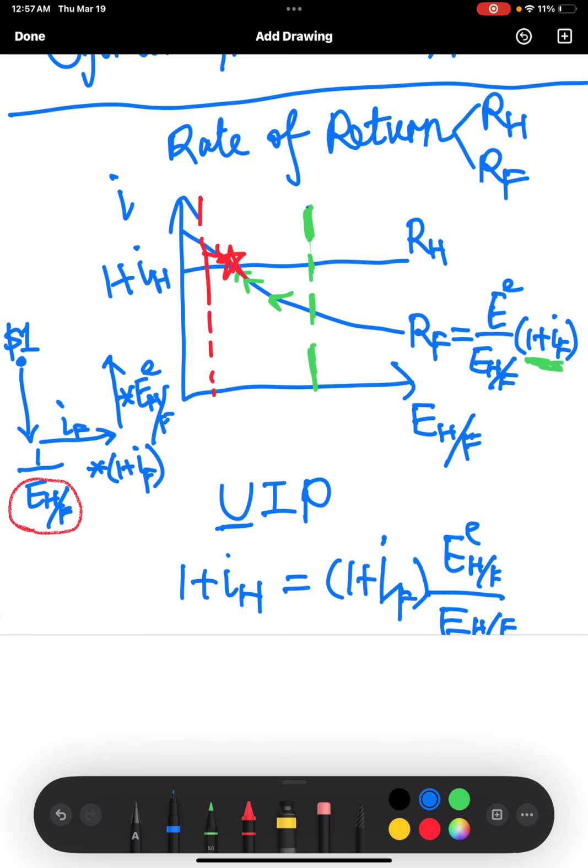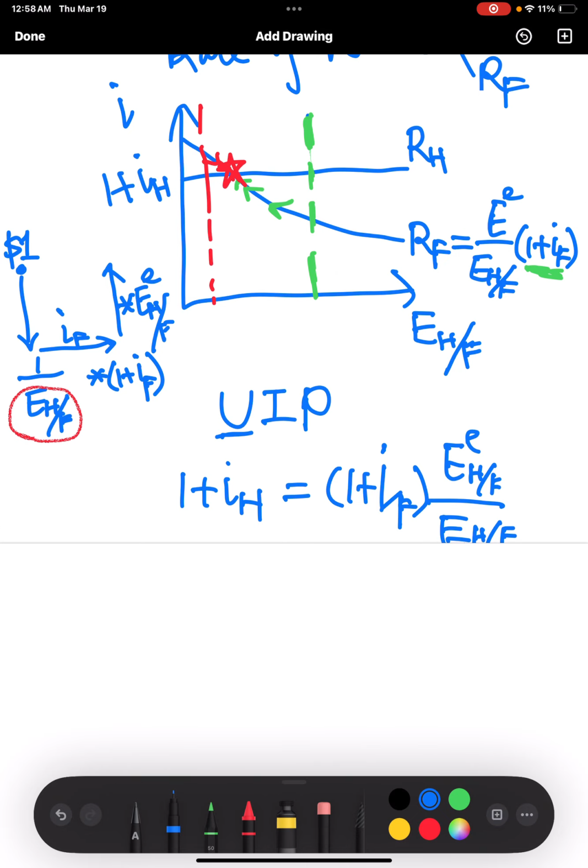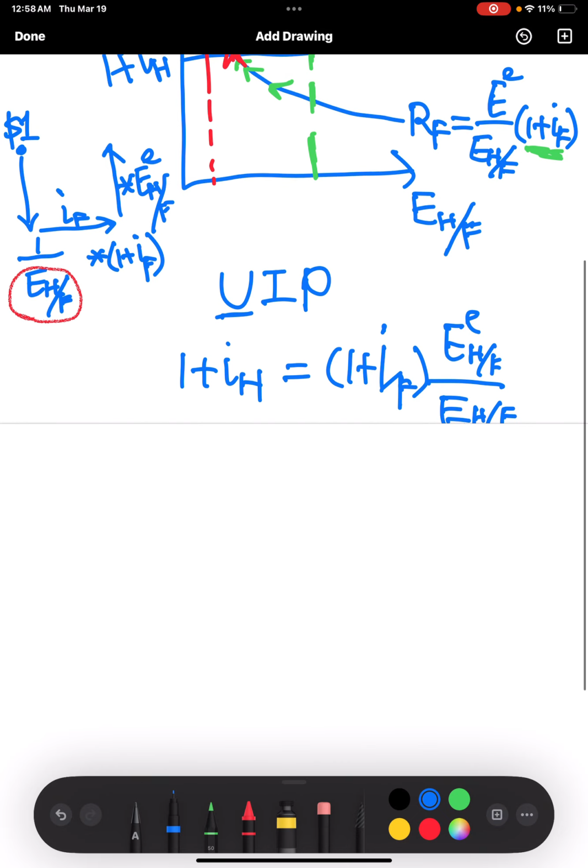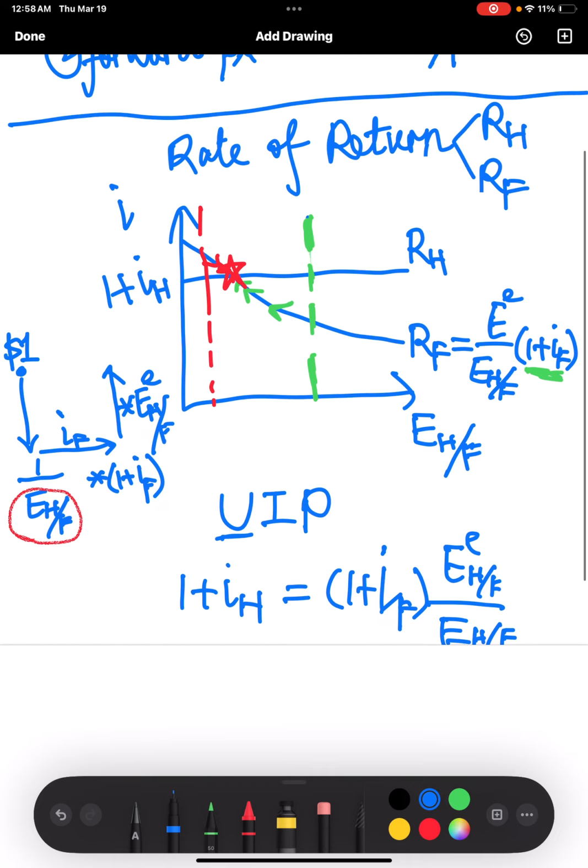Uncovered just means that your investment is exposed to exchange rate risk, so you're incorporating the exposure to the exchange rate into the equation. And after rearranging this equation,